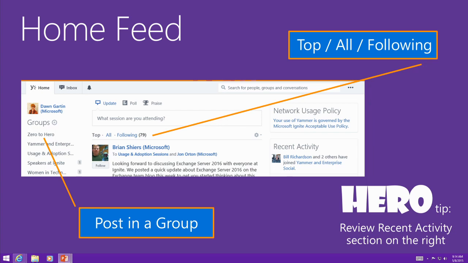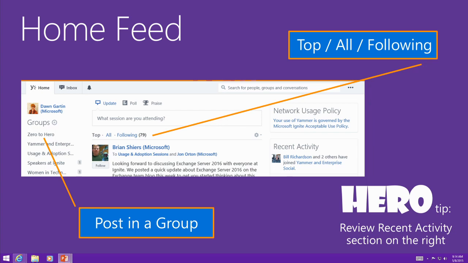Now the big thing is posting in groups, very group focused. So groups can be teams, they can be projects, they can be events. This is where we found with a lot of our customers that they get the most value out of Yammer, is when we're focused in groups. So those groups will show up on the left-hand side, and there's a great algorithm that's working in the background to present those groups in an order based on how often you interact.